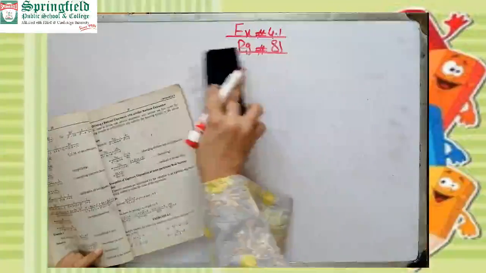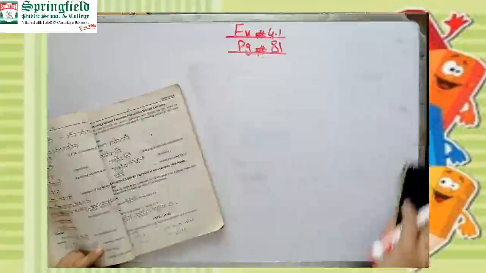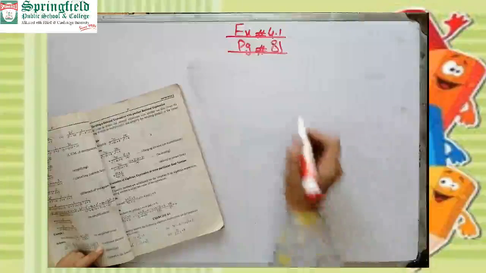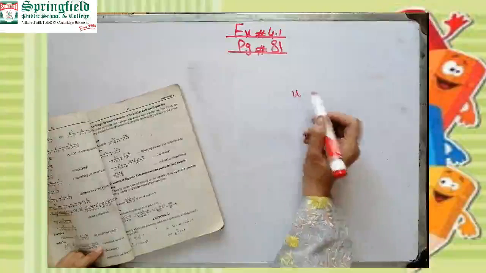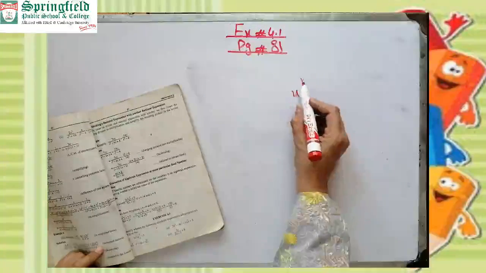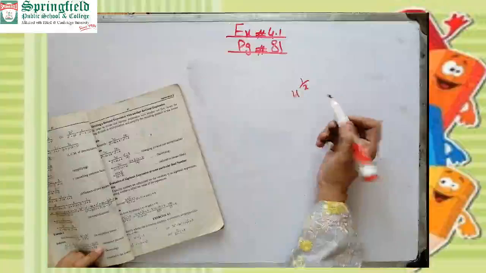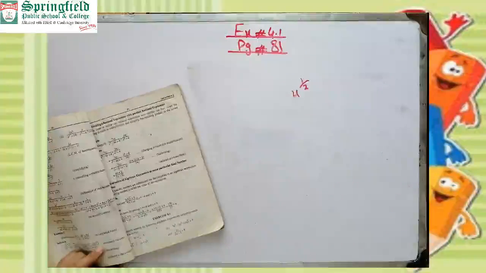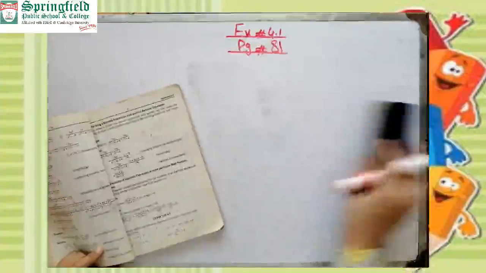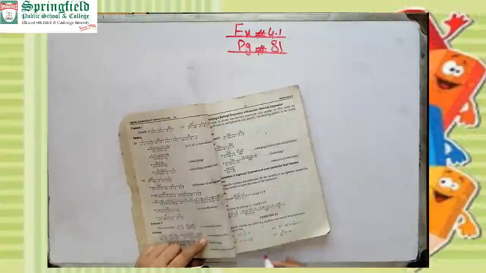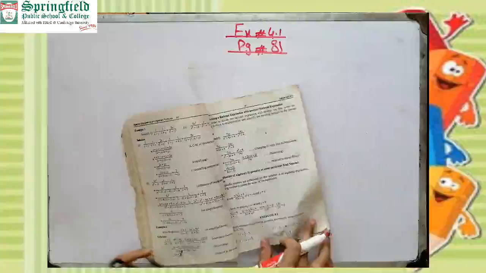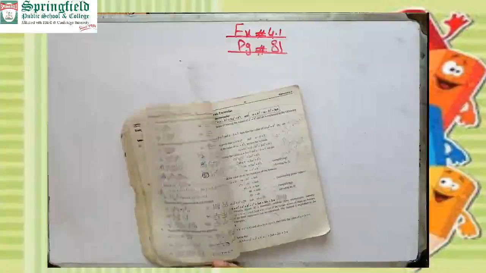Is the second one a polynomial expression or no? As we already learned, if the power of x is negative, then we say that the expression is not a polynomial. If the power of x is in fraction form, then we will also say that the expression is not a polynomial expression. Now think about it and write yes or no in front of these expressions. Now it's your task. Now come to the second question, page 82.